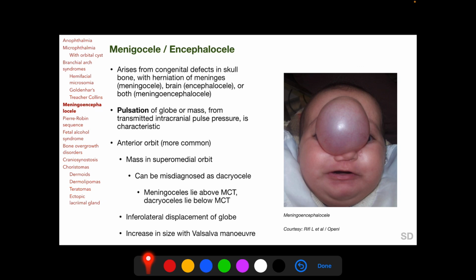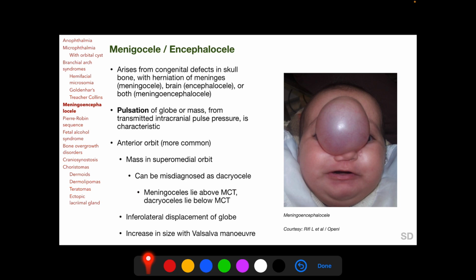Meningoencephaloceles characteristically show pulsation of the mass from transmitted intracranial pulse pressure. Meningoencephaloceles are more common in the anterior orbit and usually present as a mass in the superomedial orbit. It can be misdiagnosed as a dacryocele or a swelling of the lacrimal sac, and one clue to differentiate between